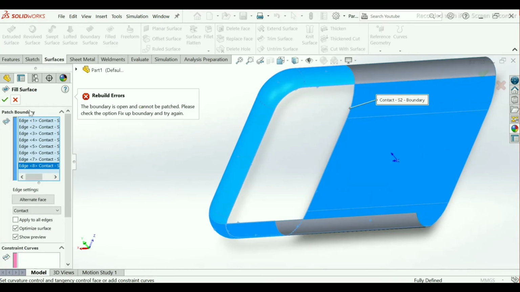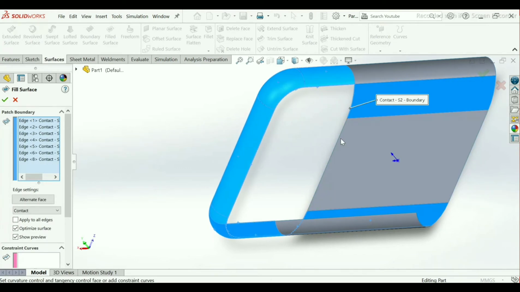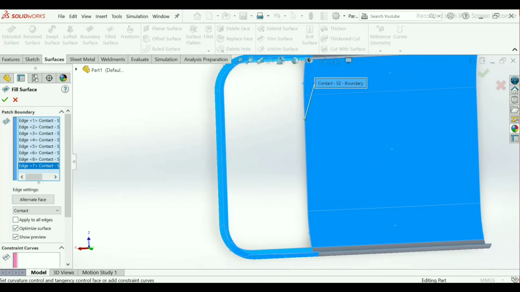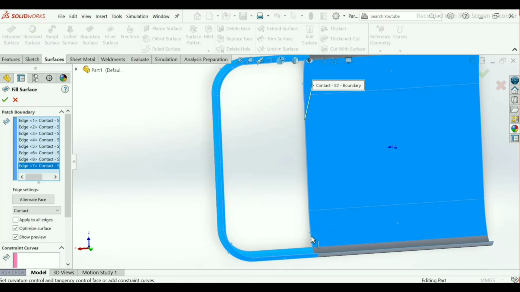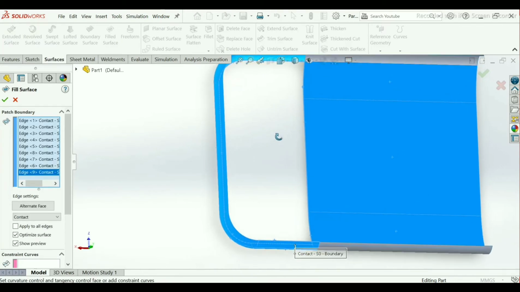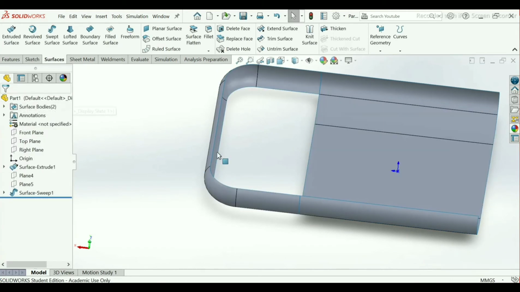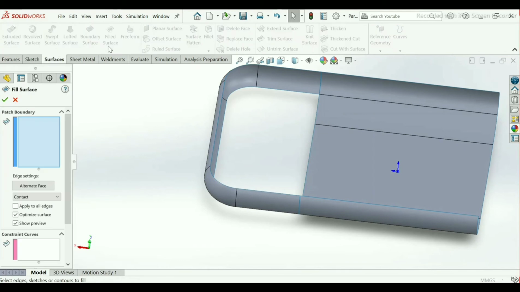Click OK. Now again choose fill boundary.